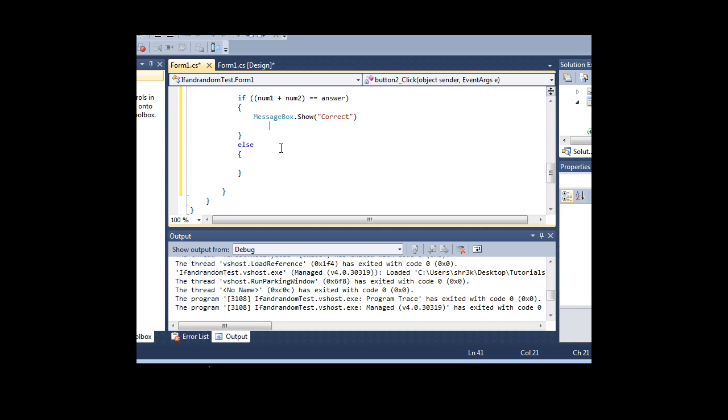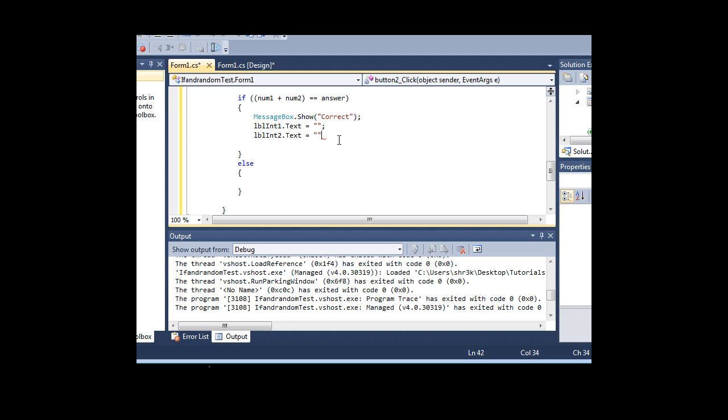And then we need to end that statement. LBL int dot text equals blank, and LBL int dot text equals blank,